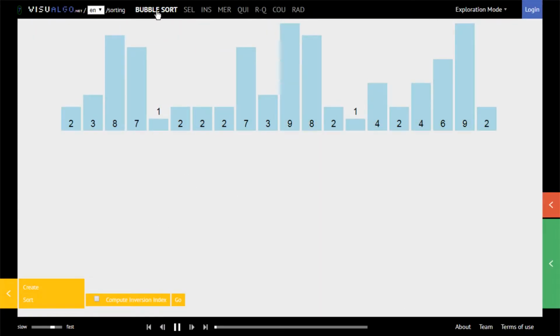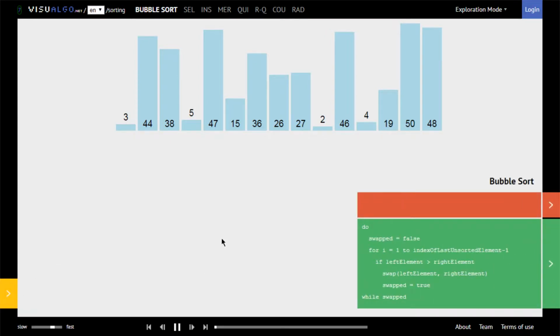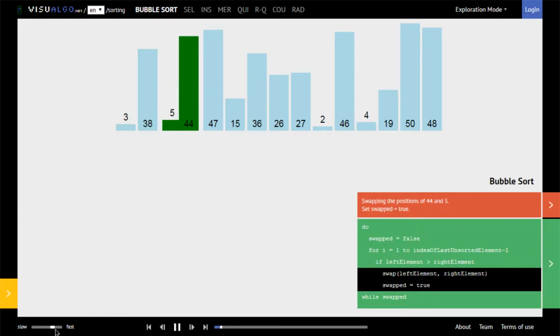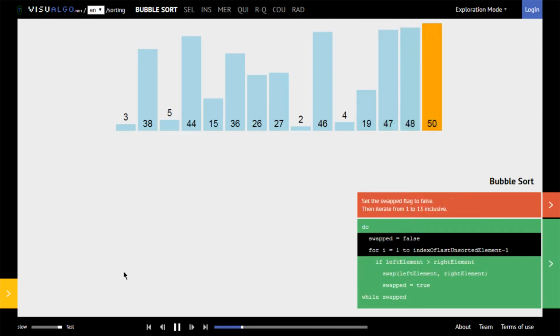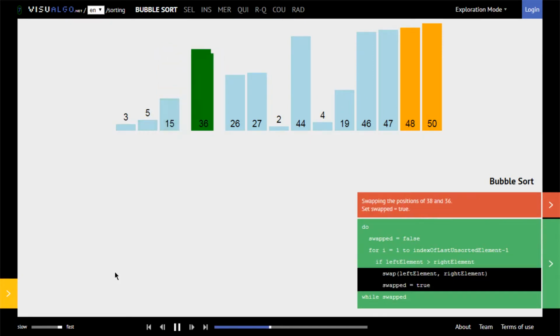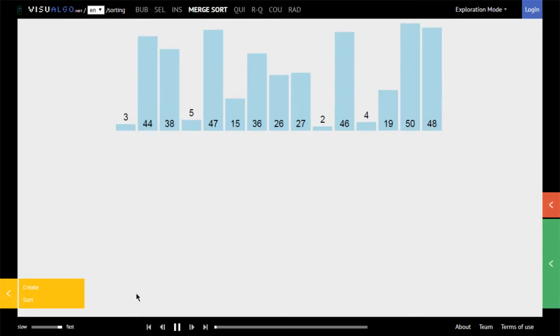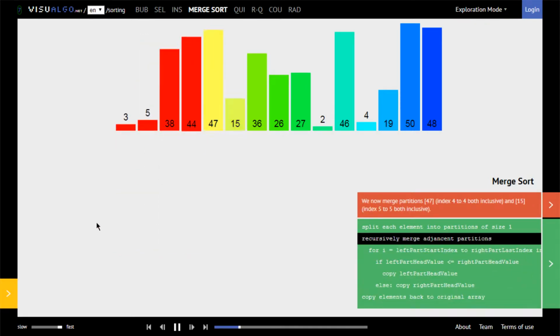We can choose what kind of sort we want. It could be bubble sort, selection sort, etc. We got all kinds, and we can play this back, slow or fast. Is it playing or no? It says it's paused. Sort. Oh yeah, there we go. Cool. So it started doing its thing. We can speed that up, make it go fast. It's kind of neat, a cool thing to visualize. So I think the most straightforward way of doing this would be a bubble sort. But there's some other pretty neat ones, and I think this is one of the more popular ones. Merge sort, as far as I understand. Look at that. Oh, cool. Anyway,